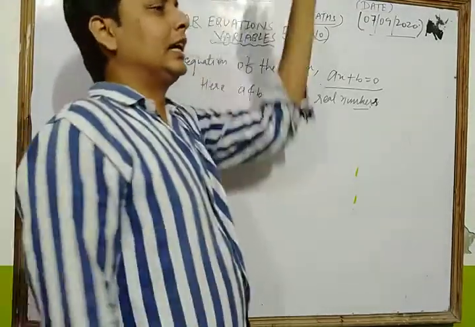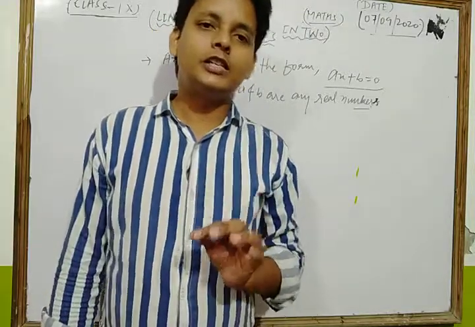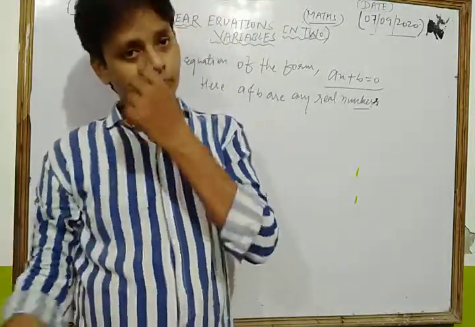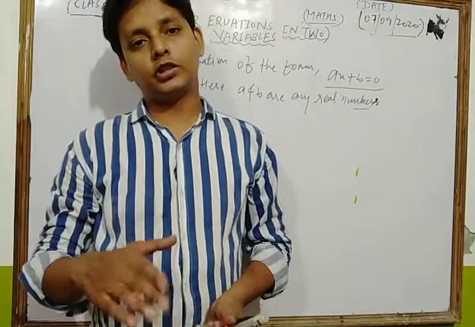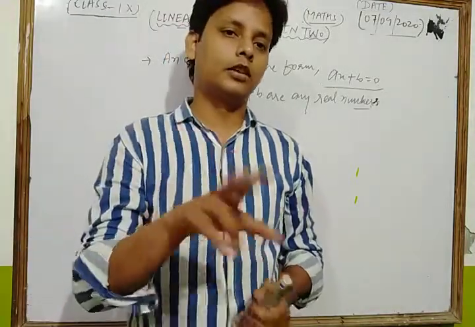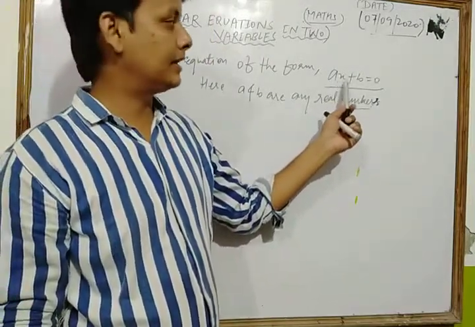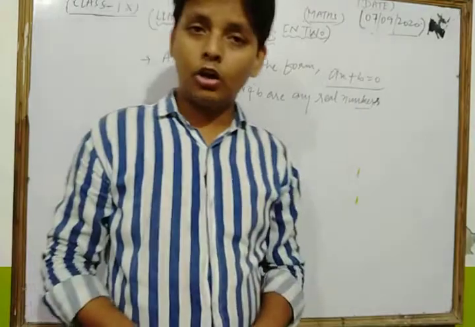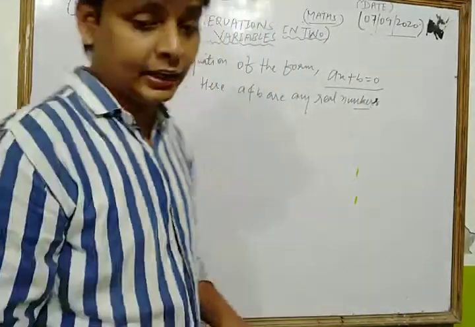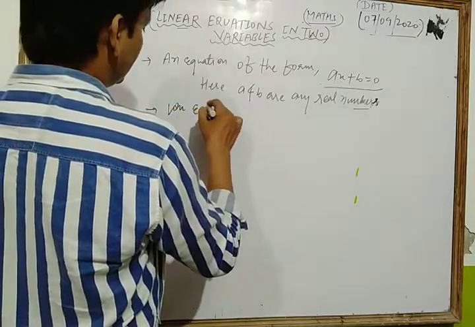Dear students, any linear equation is said to be a linear equation in two variables if it contains two variables. That equation contained only one variable, x. So now we can say that an equation of the form